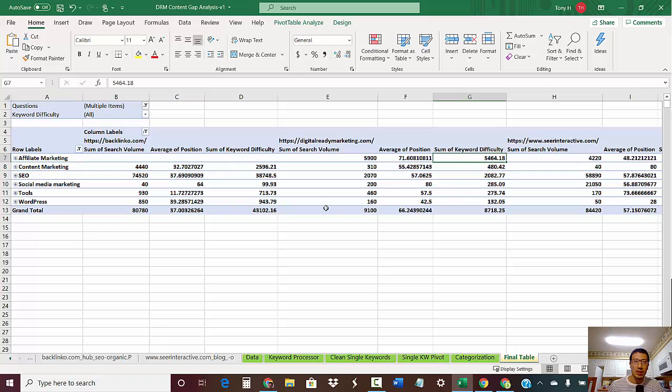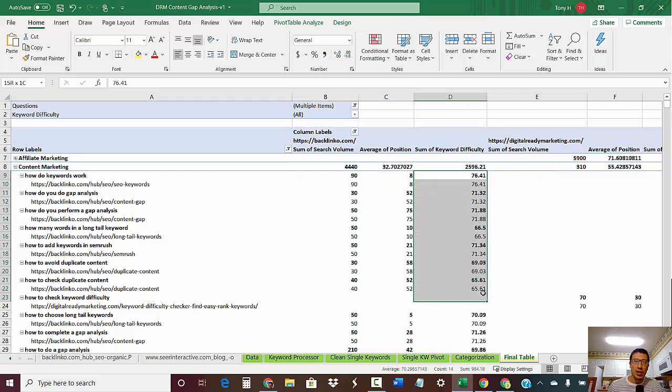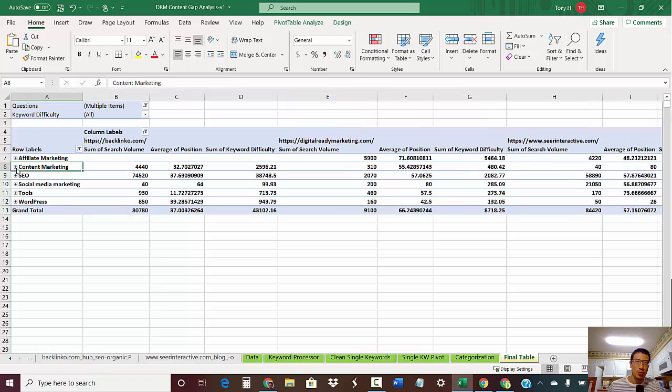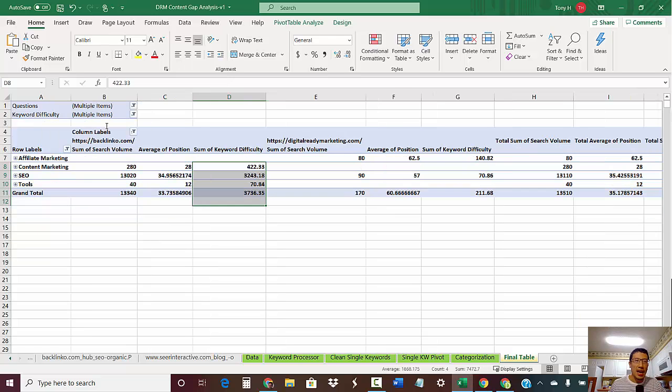keyword difficulty. Depending on the keywords that you're ranking for, obviously it adds up all the keyword difficulty, so the more keyword difficulty, that sort of correlates to how many difficult keywords it is ranking for. So you can kind of gauge and see roughly your competitors' ranking strength, so to speak. You can also add that in the filter field here,